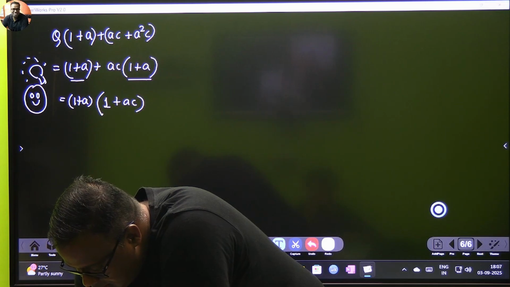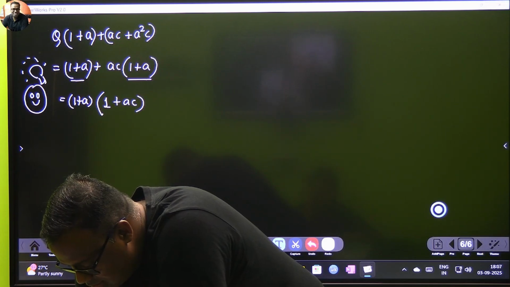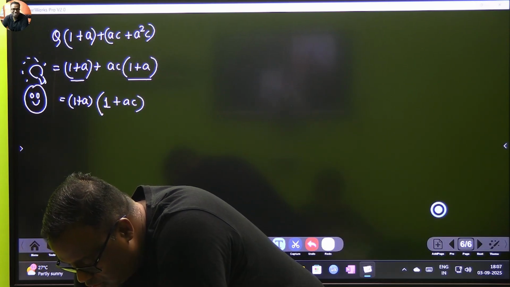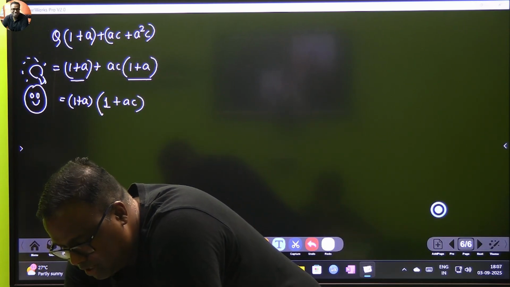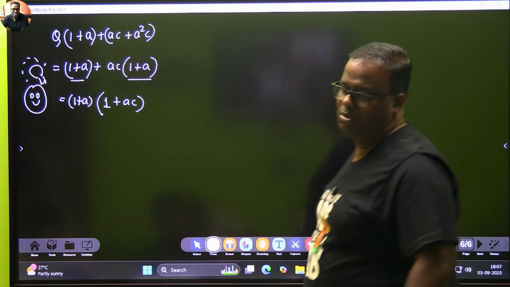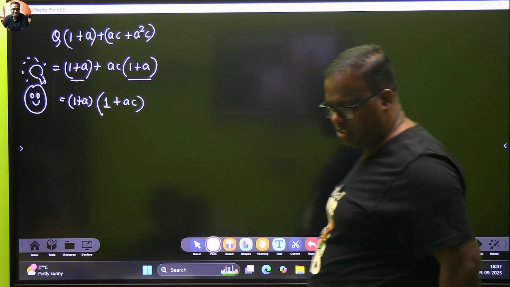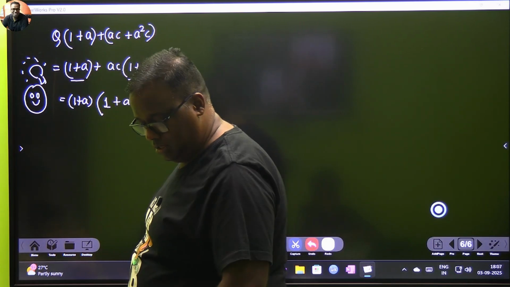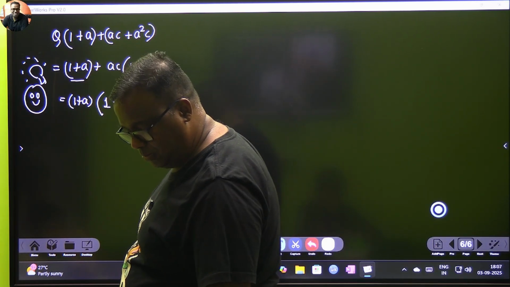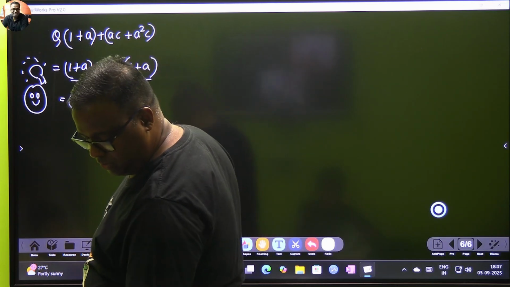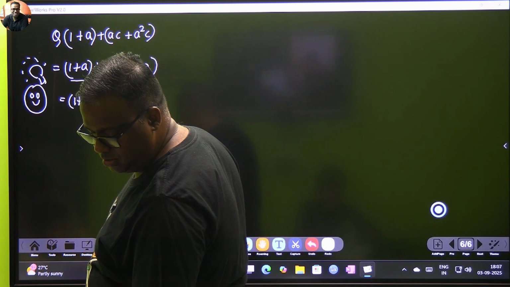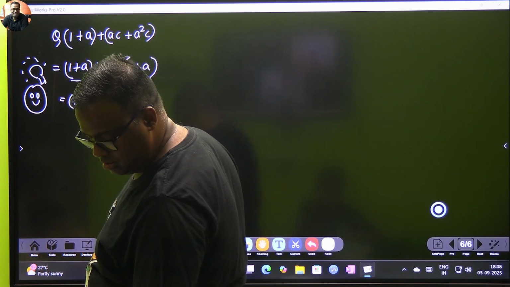This is dog. This is also dog. So now, instead of this, take dog common, then inside will be AC plus 1. Same: 1 plus AC and AC plus 1. Have you understood? Do that step. Don't leave it. Your next step should be 1 plus A common. Put it in a bracket. Now open another bracket. Now look, these fellows were AC into 1 plus A. You took away 1 plus A. So what is remaining? AC. Write AC. Then we have a plus, write the plus.